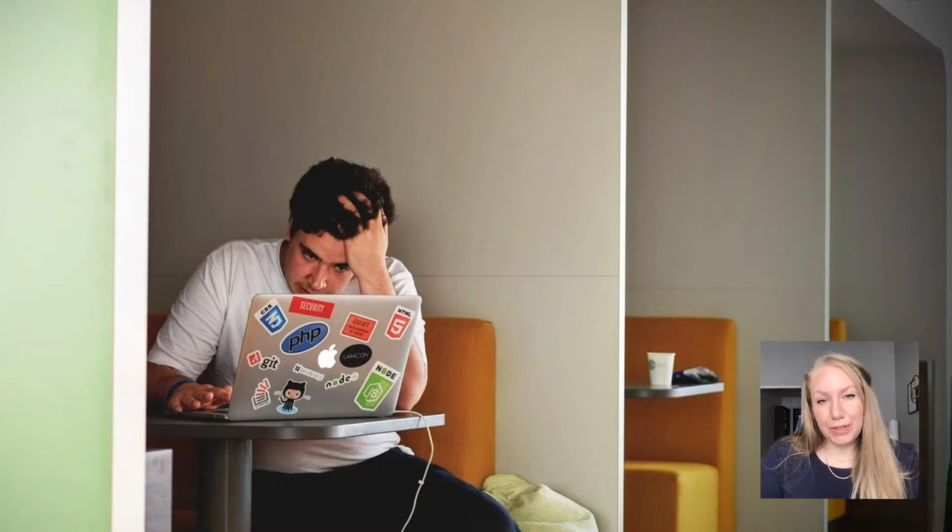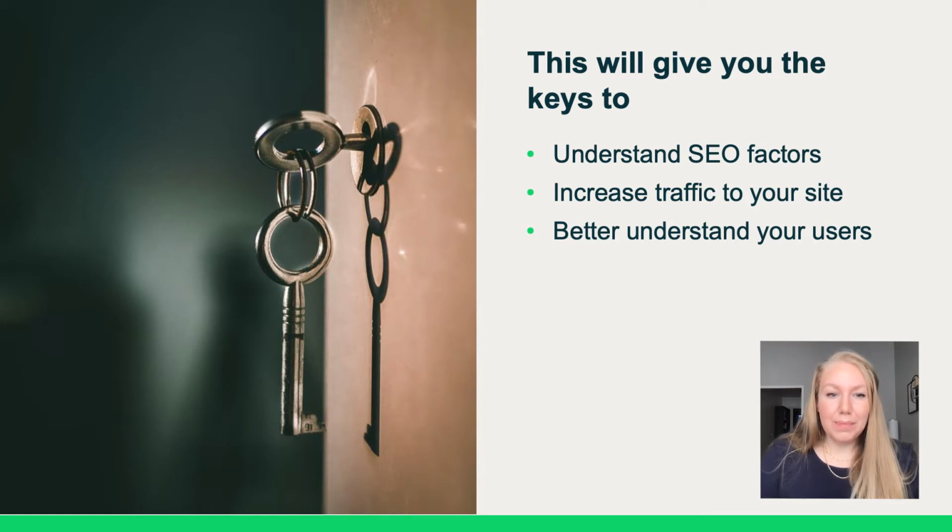Unfortunately, not a lot of businesses practice SEO. People think SEO is too confusing or too technical. It can be, otherwise I would be out of a job. But today, we're going to discuss the things you can do to greatly improve your organic visibility. After today, you will have the keys to start improving your SEO immediately.